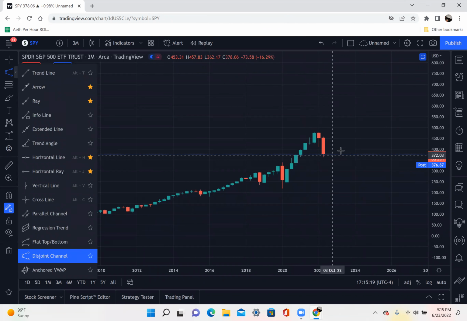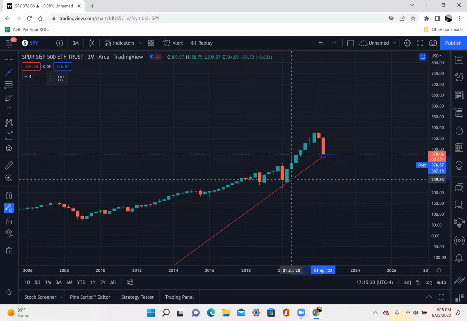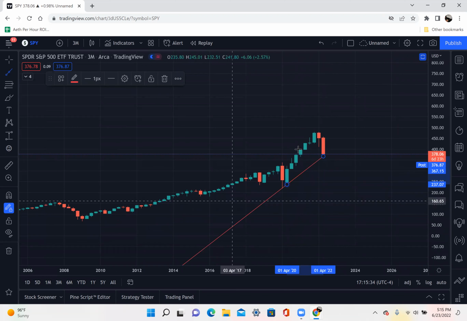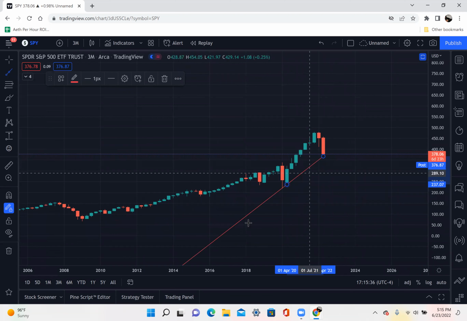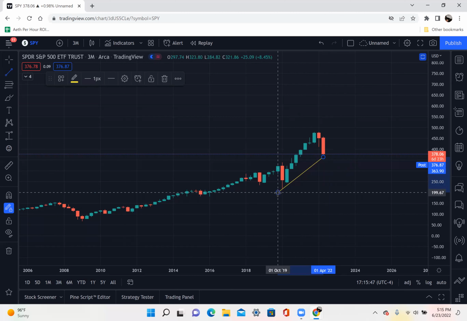And for you to get better at it, all you have to do is practice when you're doing it from left to right, because you see you got a low right here. So you just click that low and you just put it onto it right there, right? And this is the reason I don't like drawing it left to right, because I like using a ray. So let me do it with the trend line so you can be able to see it. And then I'm gonna do it with the other little thing. And I'm gonna show you how to make it look even better though. All you do is just